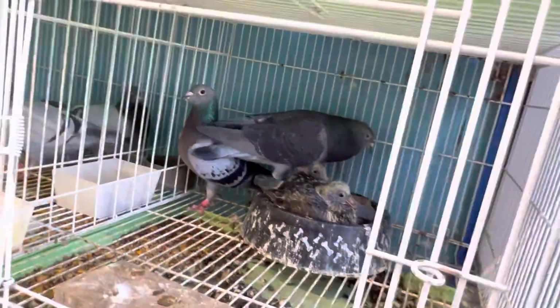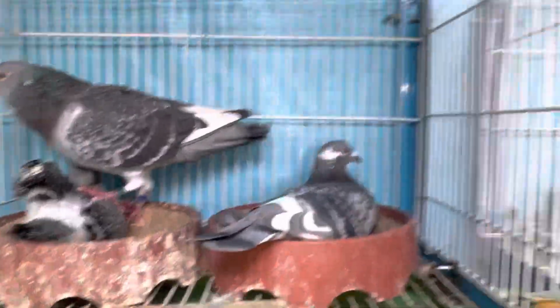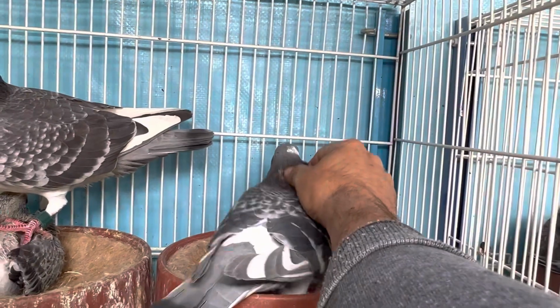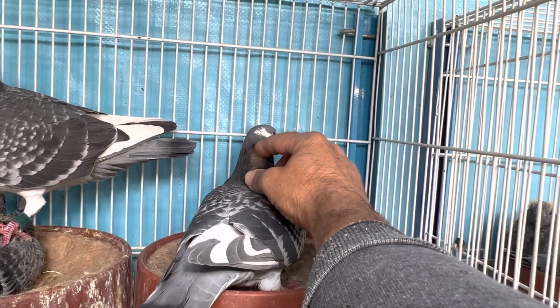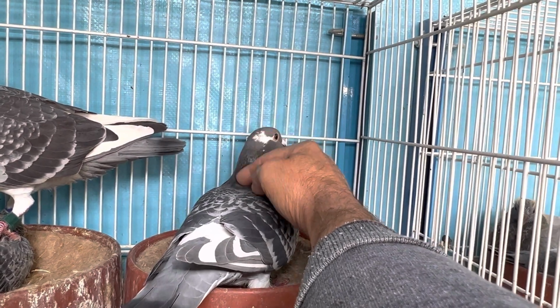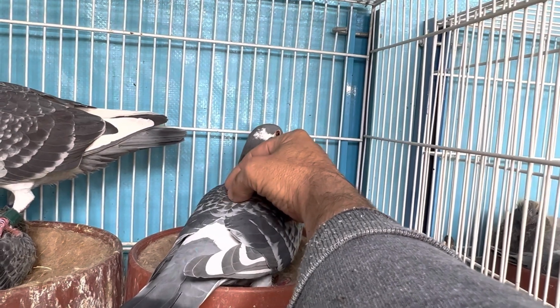Oh, I got a really nice pigeon over here. Let's see if she's acting nice today. She's a real sweetheart. Looks like she's going to lay an egg. She likes to be patted and everything. I usually give her a good pat, and even when she has small babies hatched, she never fights, or she likes it. She closes her eyes. So she's a very nice little pigeon here,